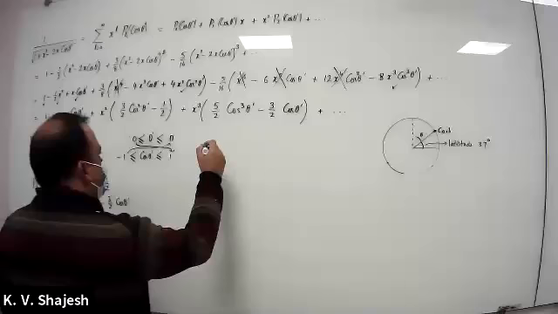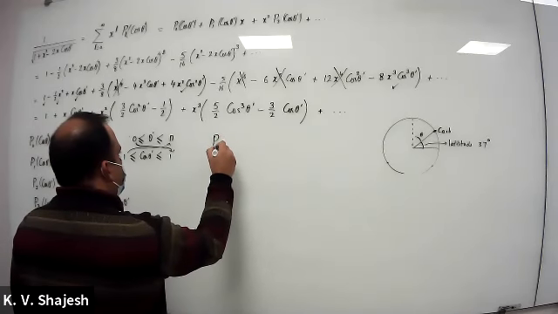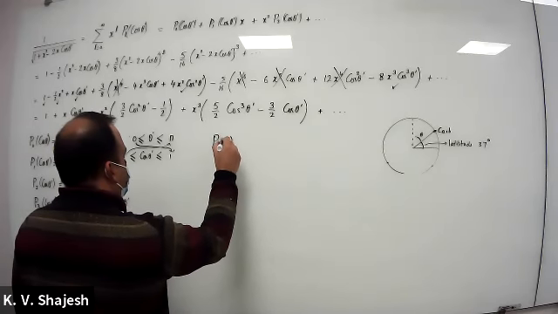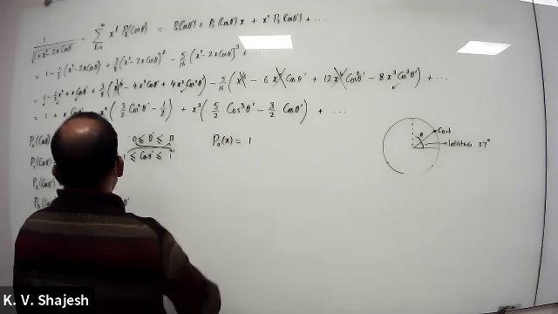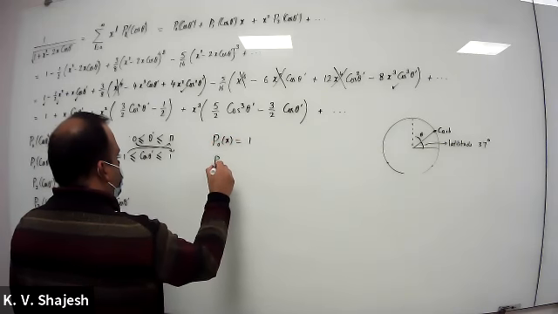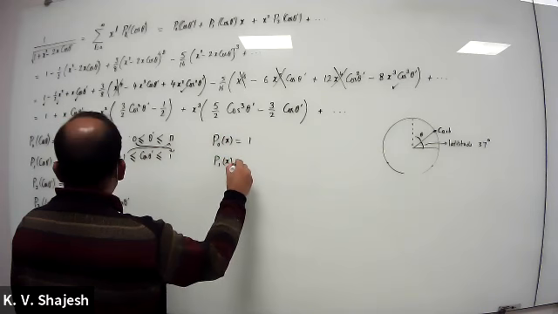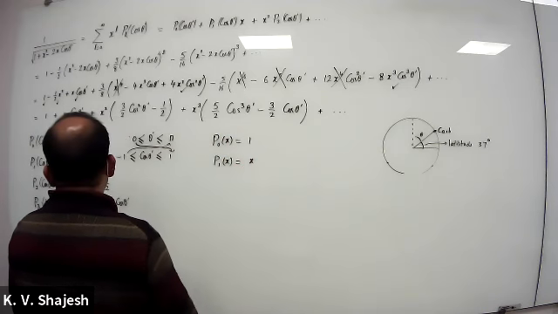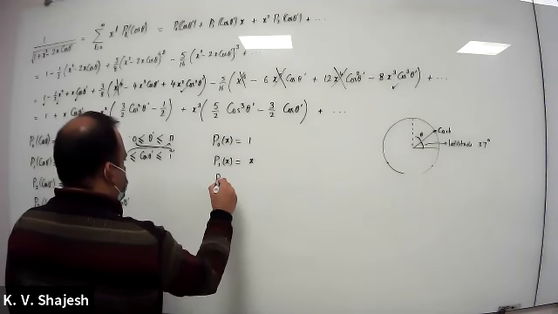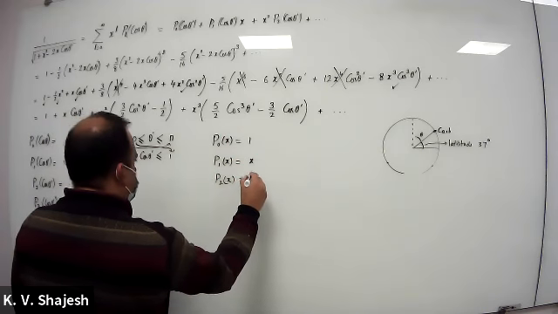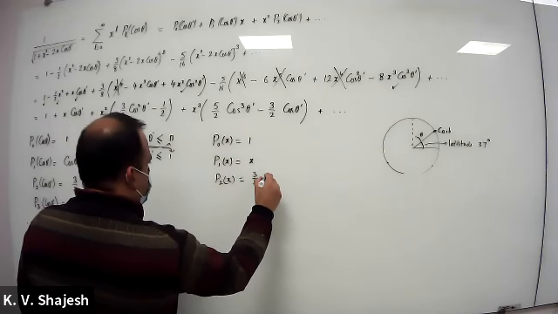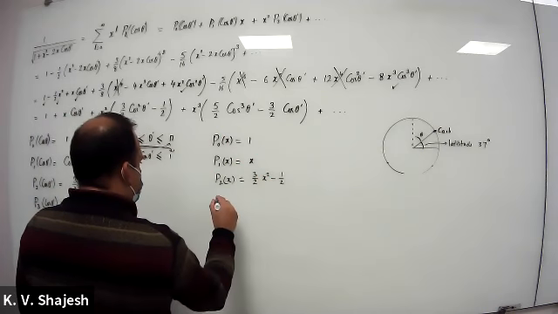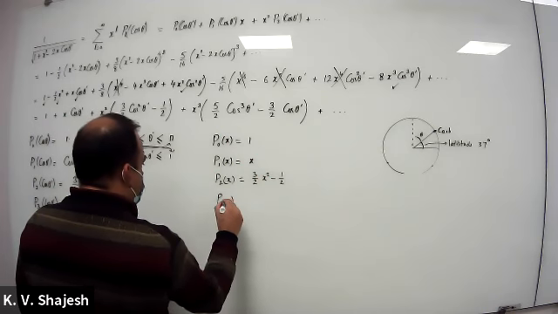This is how you usually define your Legendre polynomials. P0 of x is equal to 1. P1 of x is x itself. P2 of x is 3 by 2 x squared minus 1 by 2, and P3 of x is